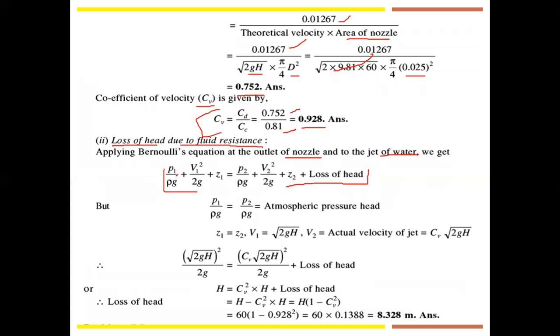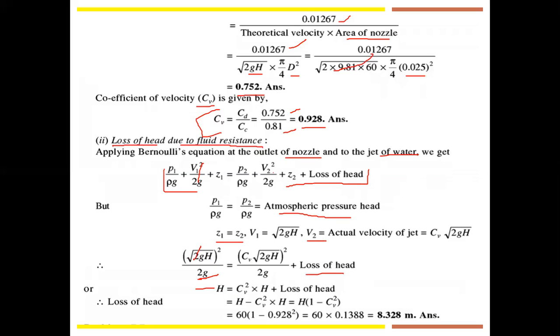Therefore, P1 by rho g is equal to P2 by rho g. So V1 square by 2g, V2 square by 2g. Okay, that is equal to pressure head. Z1 is equal to Z2, that is the datum line. V1 is equal to root 2gh. V2 is equal to the actual velocity, that is CV root 2gh. Now, root 2gh square divided by 2g is equal to root 2gh into CV divided by 2g plus loss of head. Then what is the head? Head is equal to,